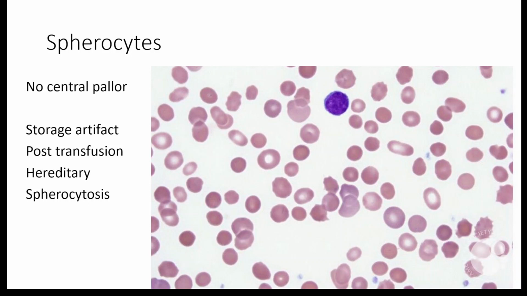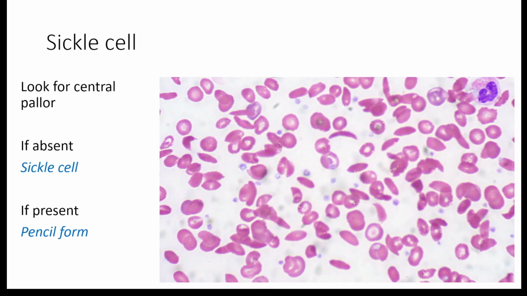The most common condition where you will see spherocytes in a peripheral blood smear is post-transfusion. These are the native RBCs of the patient, and these spherocytes are actually the transfused RBCs that come into the smear, into the blood. Generally, after transfusion, if somebody is asking a smear for checking the hemoglobin, send a blood for hemoglobin and a peripheral blood smear, those are times you see these spherocytes. Post-transfusion, storage artifacts, hereditary spherocytosis.